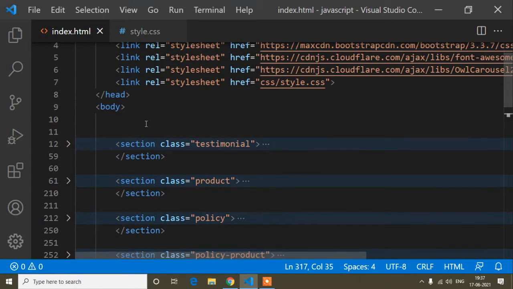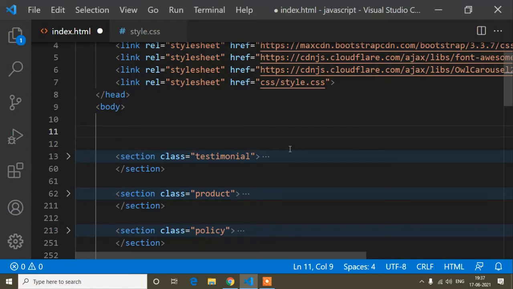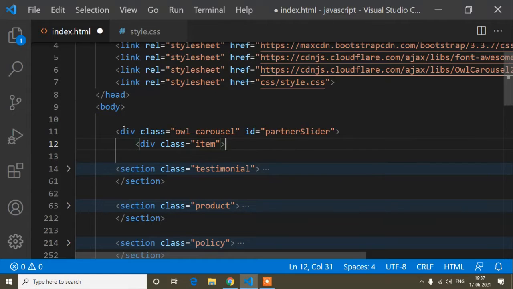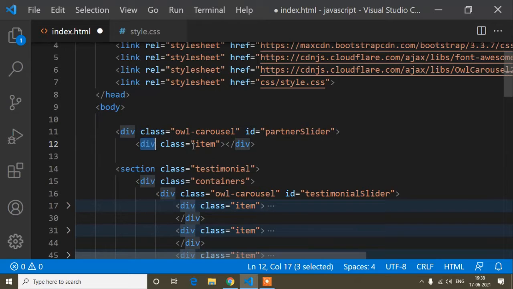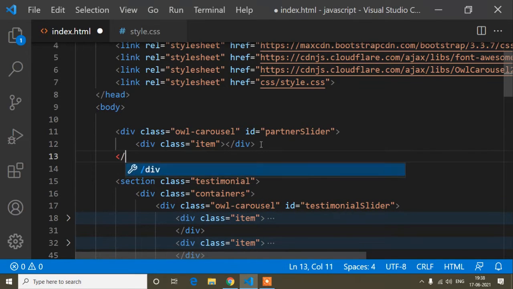Like this is the HTML code, so I will write the heading HTML, and then I will provide this code. But guys, when I provide this HTML code, I will not include the angle braces in my description, because angle braces are not allowed in the description. So I will provide the HTML code without angle braces. And now here I will write the div tag, because I have to write the end of this div tag, and also the end of this owl carousel div, like this. So now your owl carousel is done.